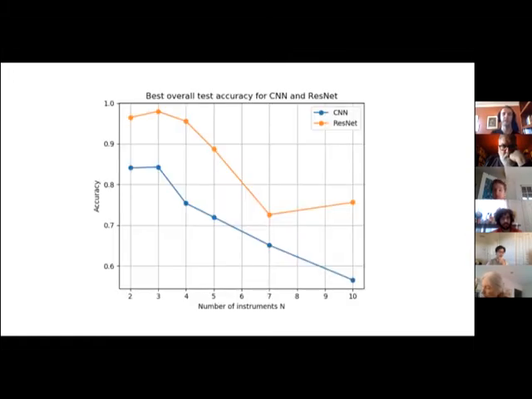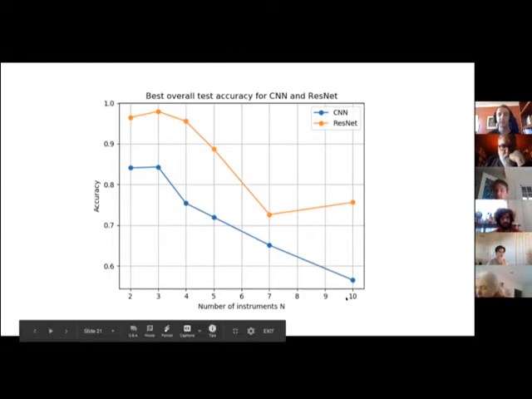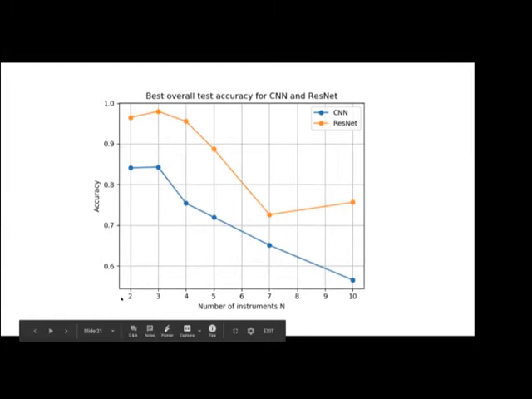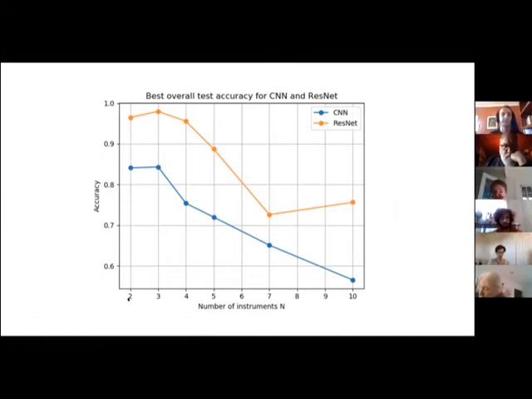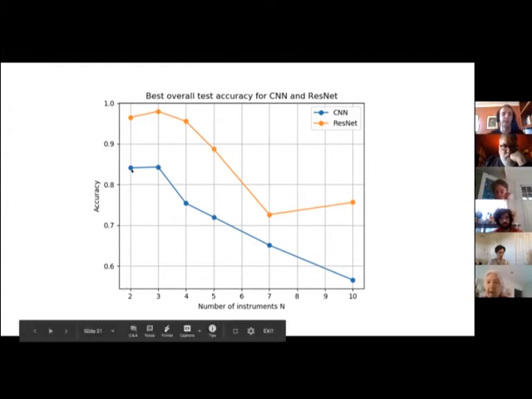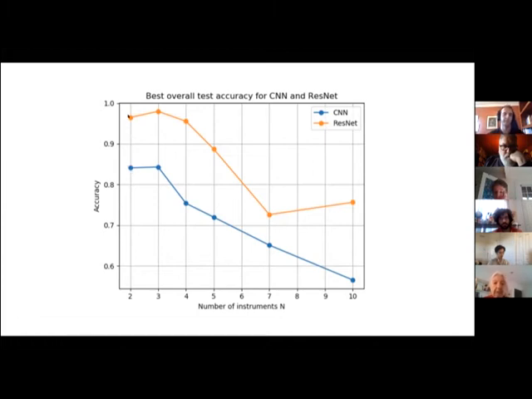So I'll talk about how these two networks did. This whole time I've been talking about combinations of 10 instruments, but we started out with just 2 instruments and 1 sample from each instrument. So your training data could be just a combination of a flute note and a violin note, for example. When we had just 2 instruments, we found really high accuracies. You can see about 0.84 for the CNN and about 0.96 for ResNet, which we were really impressed with